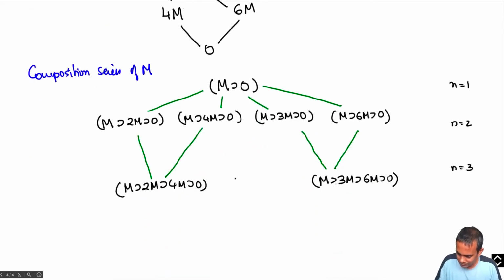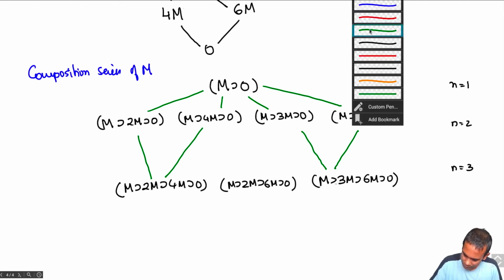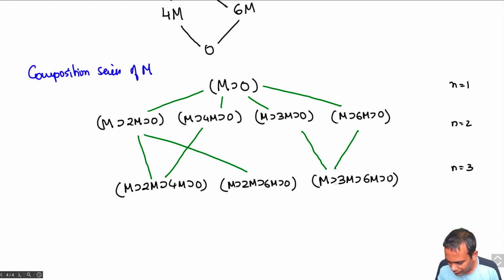So M contains 2M contains 6M contains 0. And this is going to be a refinement of M contains 2M contains 0 and M contains 6M contains 0. But it's not going to be a refinement of these 2 guys in the middle. And that's it. So this diagram shows you all the composition series of Z mod 12Z, and it also shows